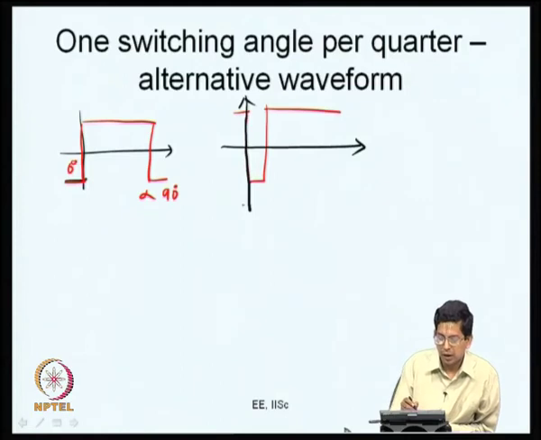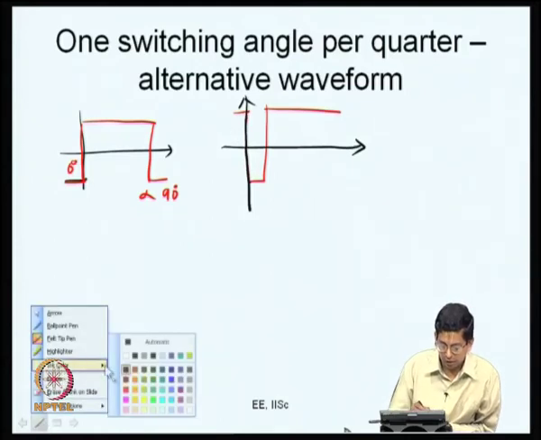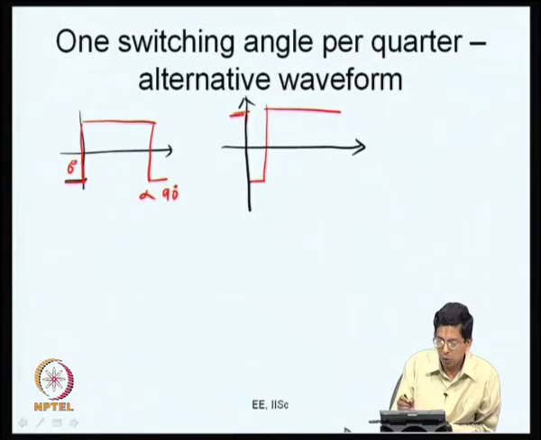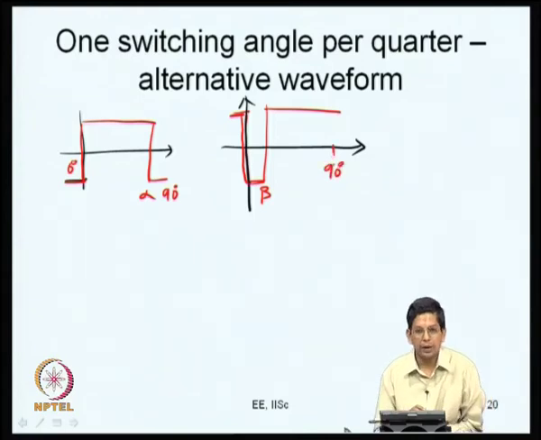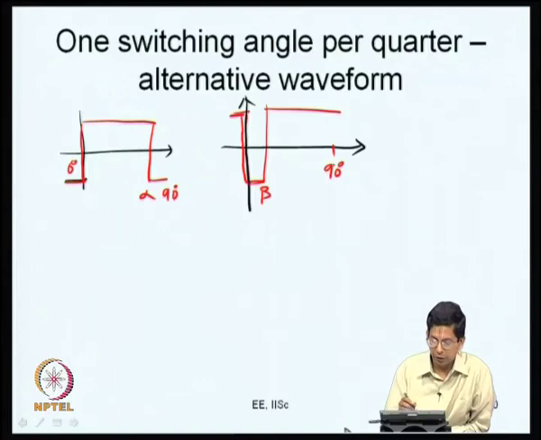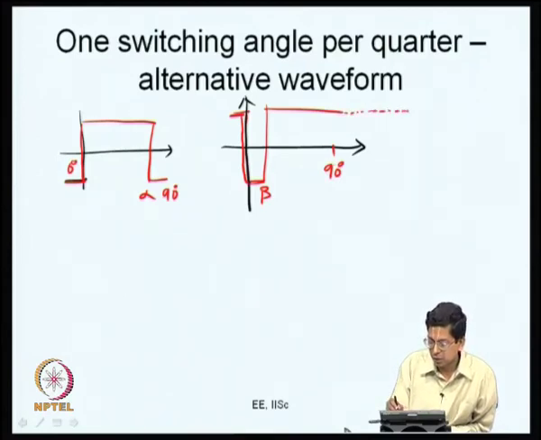What I can do is, here what I have is VRO is positive and it is switching from high to low, and it is remaining low and then it is going back to high. Let me call this as beta, and this is 90 degrees, right. So, in this kind of waveform, if I were to project it, how will it look in the second quarter? I can simply project it. This is just mirror reflection. So, at 180 minus beta it will switch back, and at 180 degrees it will go higher,